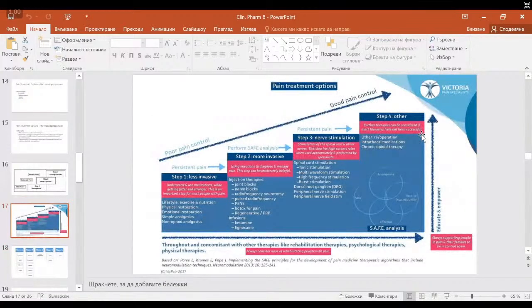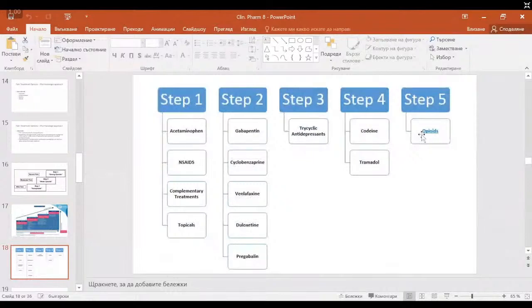Here is another classification that divides step 1 and 2 into another step, but this is not a classification that is preferred. And here yet another classification, again with the division of step 1 into 3 steps. Here you see step 1, paracetamol, non-steroidal anti-inflammatory drugs or NSAIDs, topicals, complementary treatments that we mentioned, like let's say corticosteroids, and then in step 2 we have the